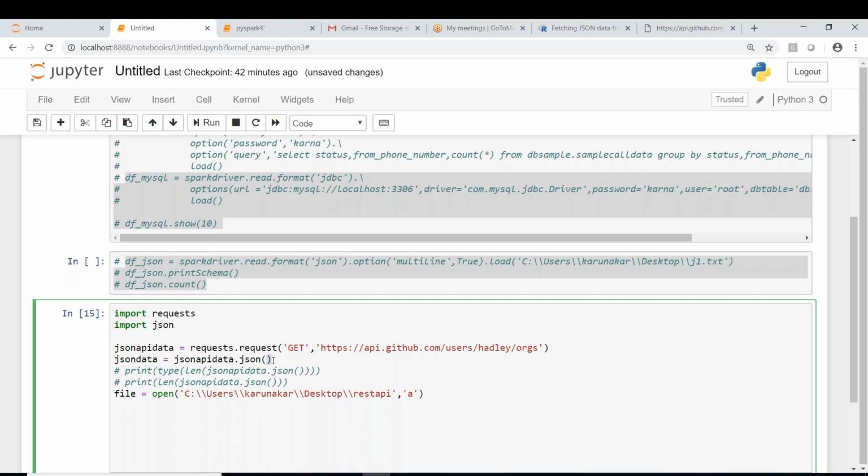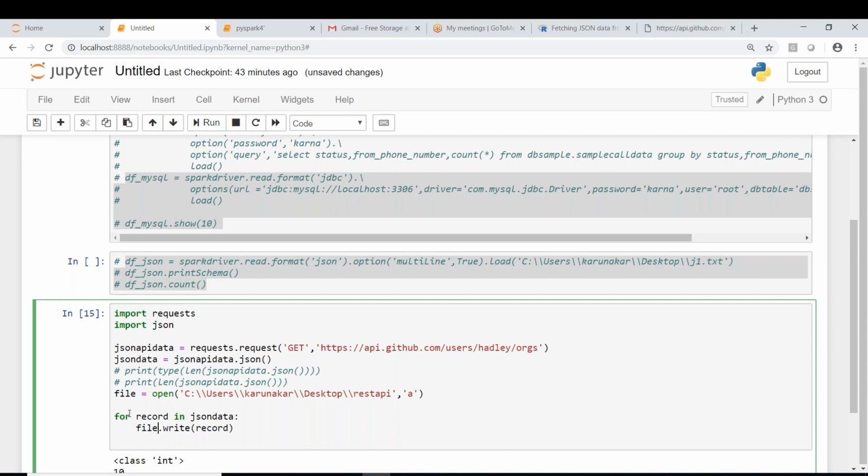This JSON data is going to be a list. So we have to read each record from the JSON data and write it into this file iteratively: for some record in JSON data. So what do we have to write into this file? F dot write. What is it that we have to write? The record. Not if it is a file, sorry.